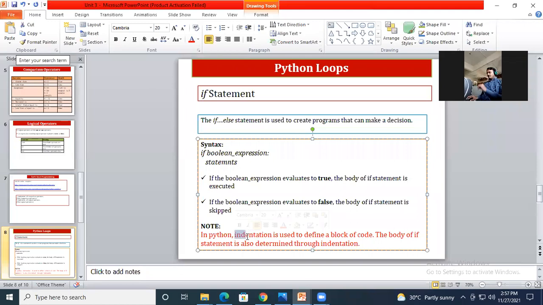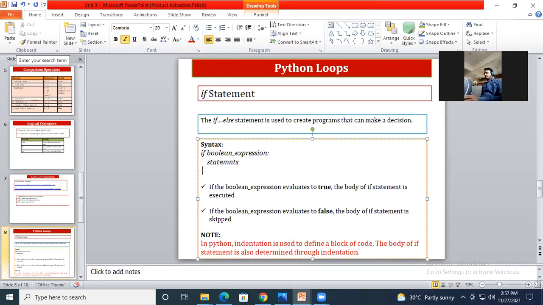indentation is used to define the block of code. म्हणजे हे तुम्ही स्टेटमेंट इथे लिहून उपयोग नाही. if च्या खाली लिहून उपयोग नाही. You need to provide some space. Okay. आणि ह्या स्पेसच्या खाली जर तुम्ही स्टेटमेंट लिहित गेला, then and then only they are considered as a body of this if statement. जर तुम्ही हे स्टेटमेंट इथे लिहिलं आणि दुसरं स्टेटमेंट हे असं एकदम इफच्या खाली लिहिलं,